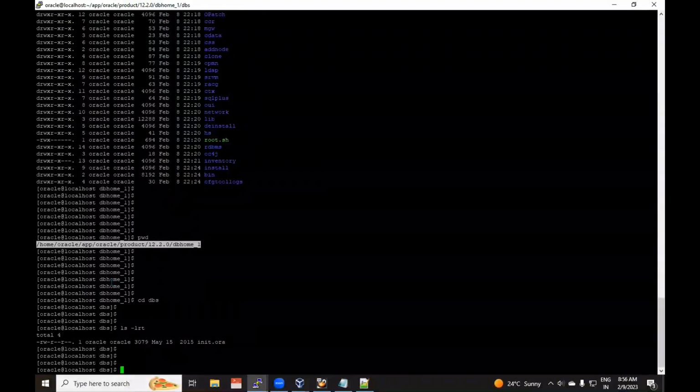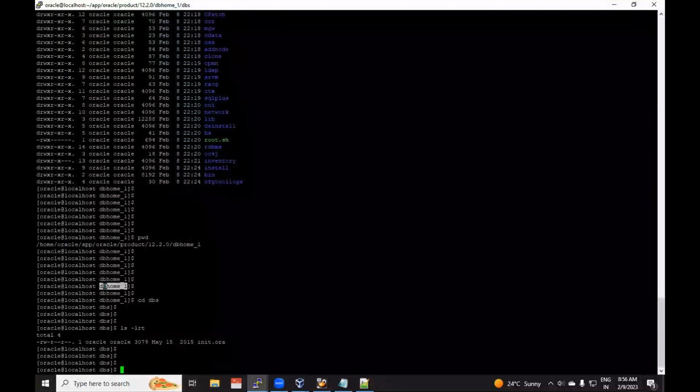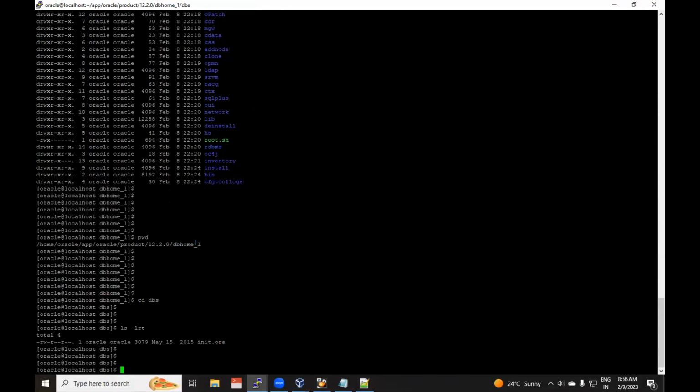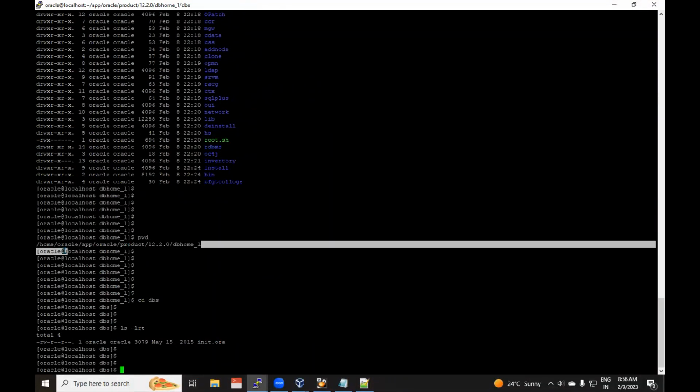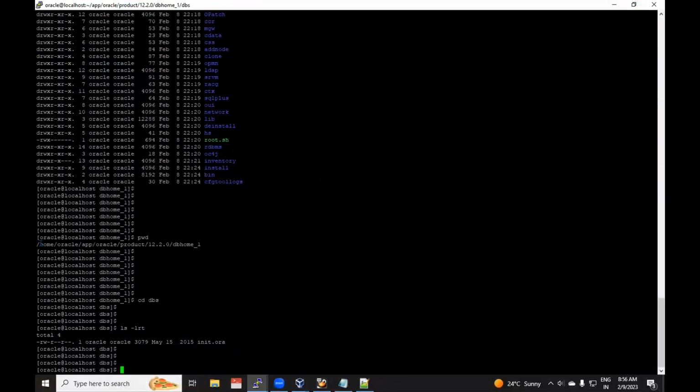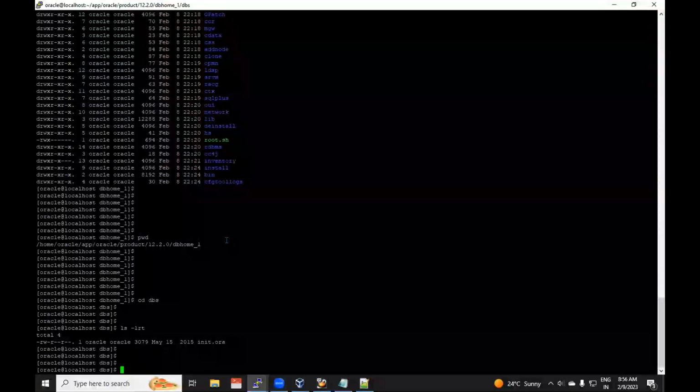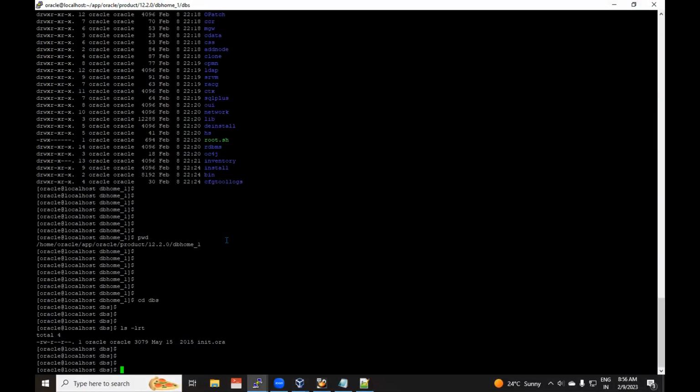Just for your knowledge, all the databases' parameter files will be stored under the Oracle home /dbs location. When I say Oracle home, it's the path up to this. So you remember this.